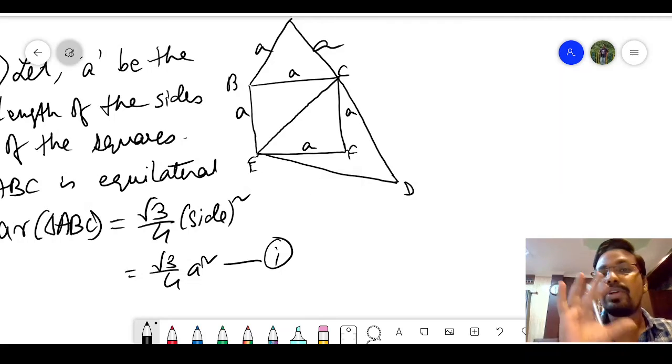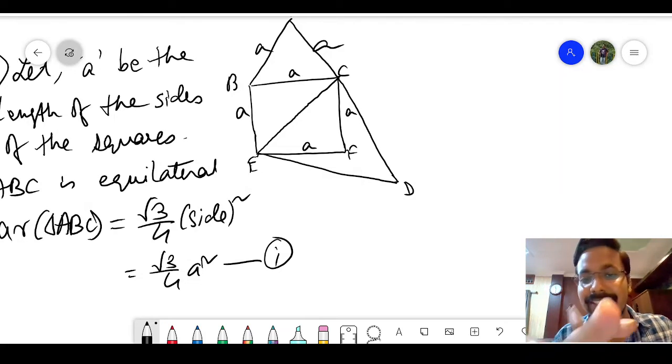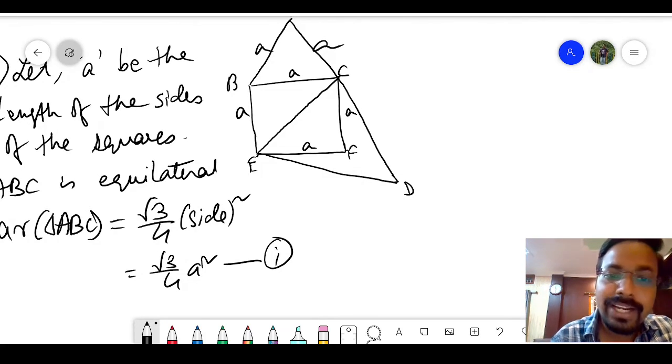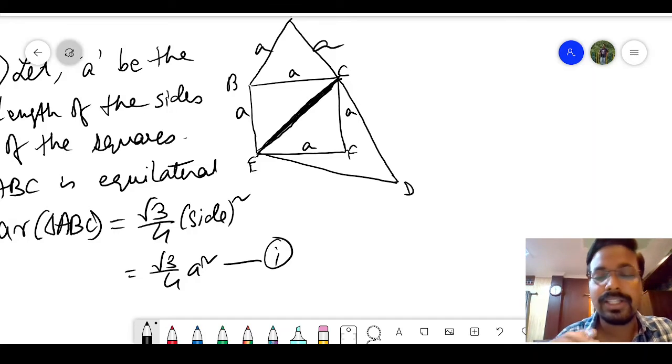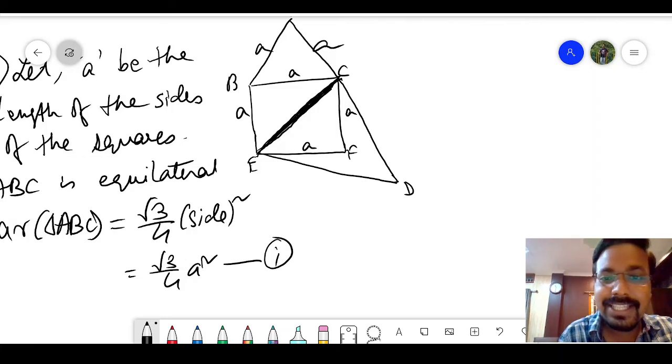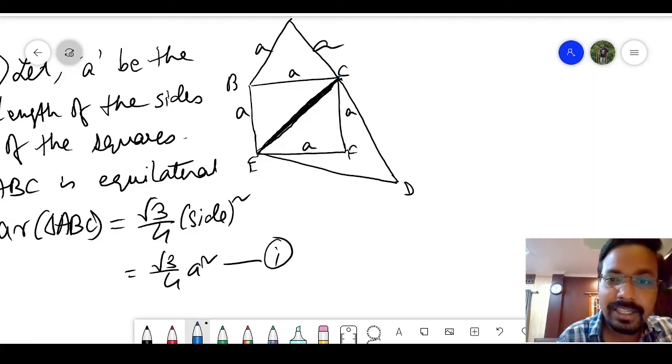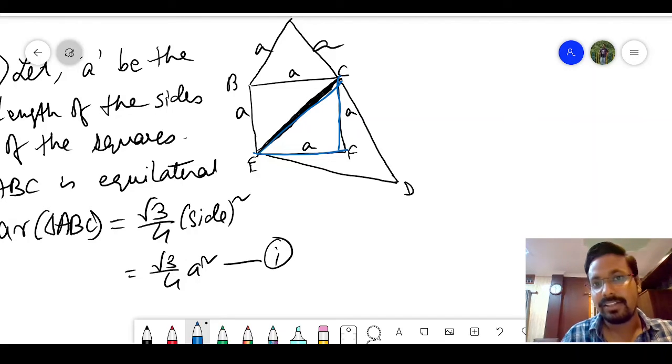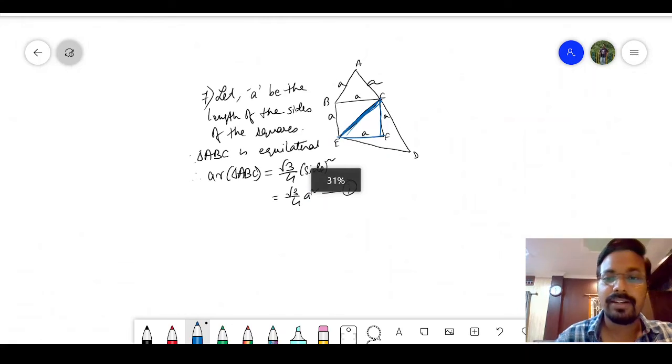Now, if we have to apply the same thing onto the other triangle CDE, we need to find this diagonal, right? The length of the diagonal will be equal to CD and also ED. So how do we find the length of the diagonal? Look at triangle CFE. This is a right angle triangle, and here EC is the hypotenuse. So using Pythagoras theorem, we can write